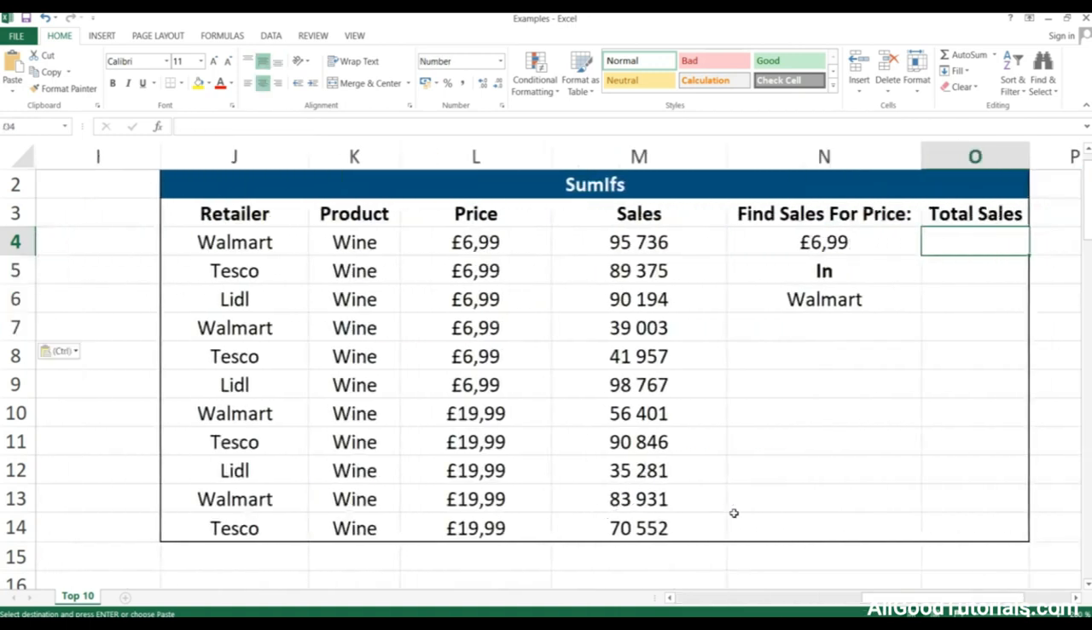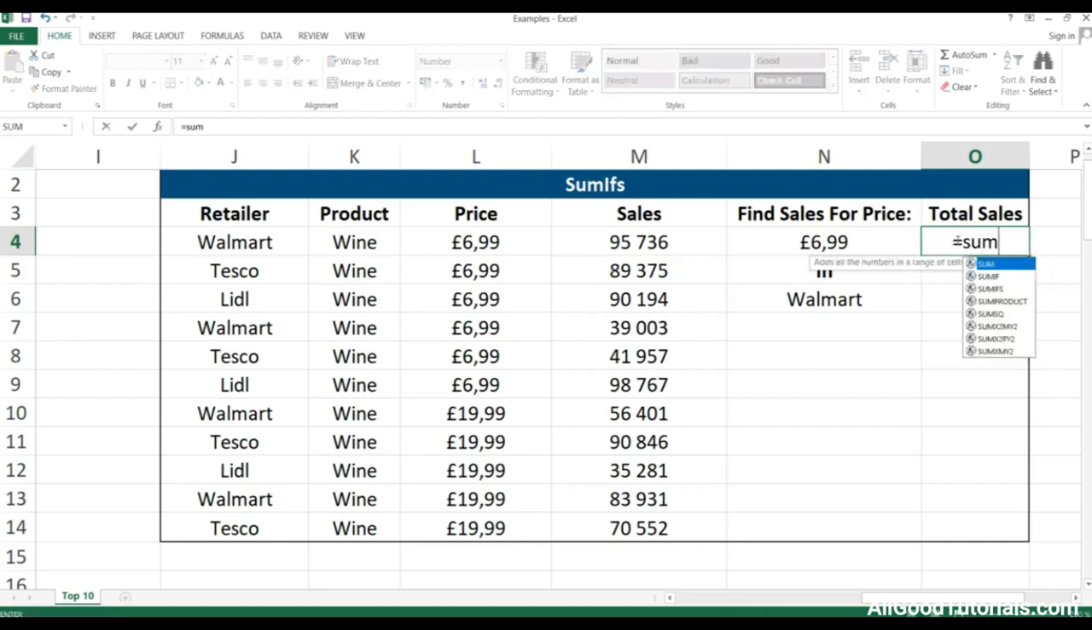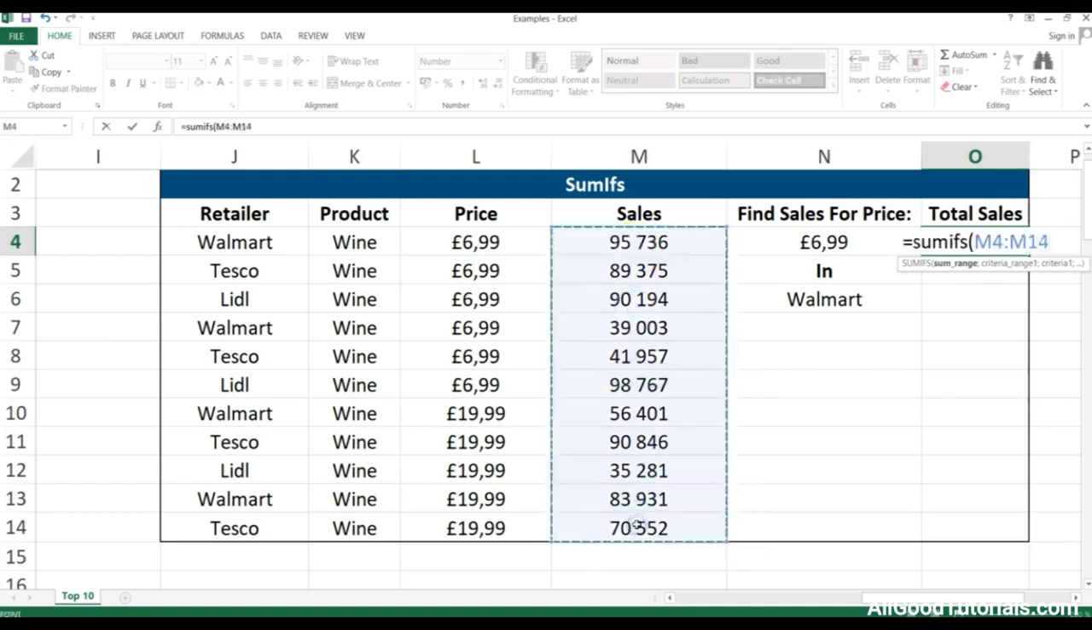Now, using SUMIFS, the example that I have for SUMIFS here asks us to find the total sales in Walmart for all the wines that have a price of $6.99 here. So if we just start typing the function SUMIFS, we need to start with the sum range first, if you remember the